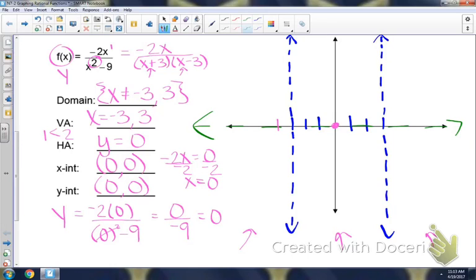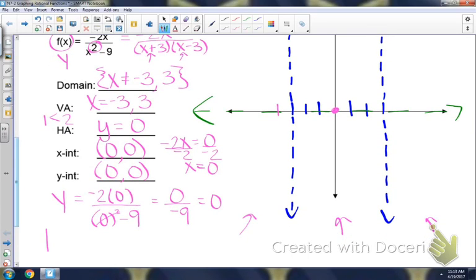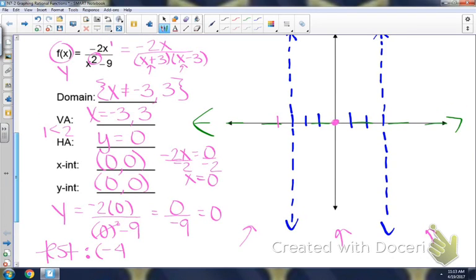So I'm going to plug in a test -4. I'm going to plug it into either my original or factored form and figure out what y is going to equal. I really, on this one, all I care about is if it's positive or negative. So I need to know if it's above the x-axis or below the x-axis, which is your horizontal asymptote. So if we plug in a -4,